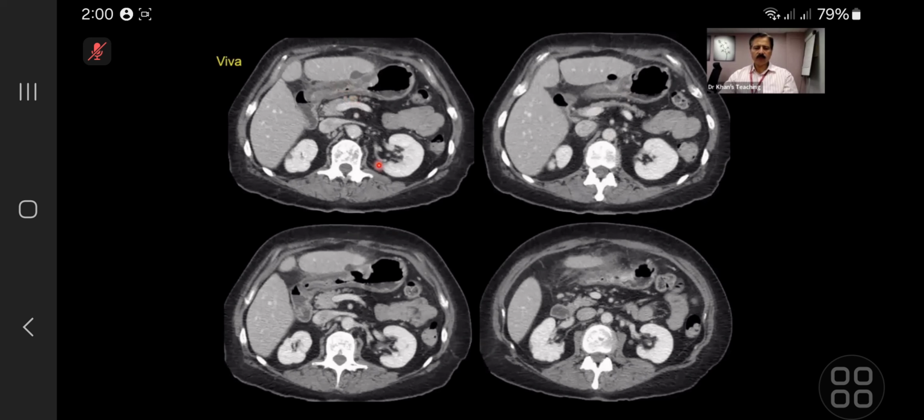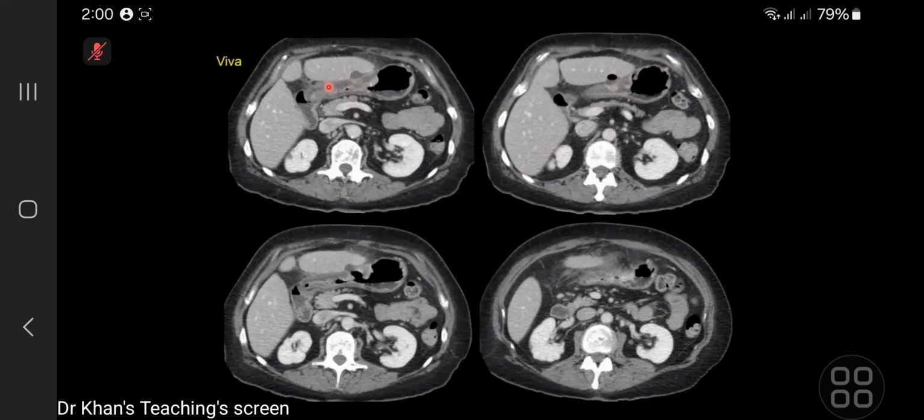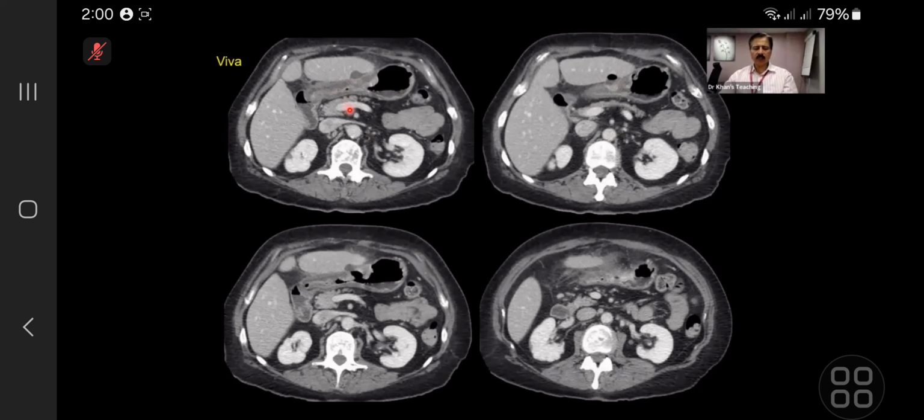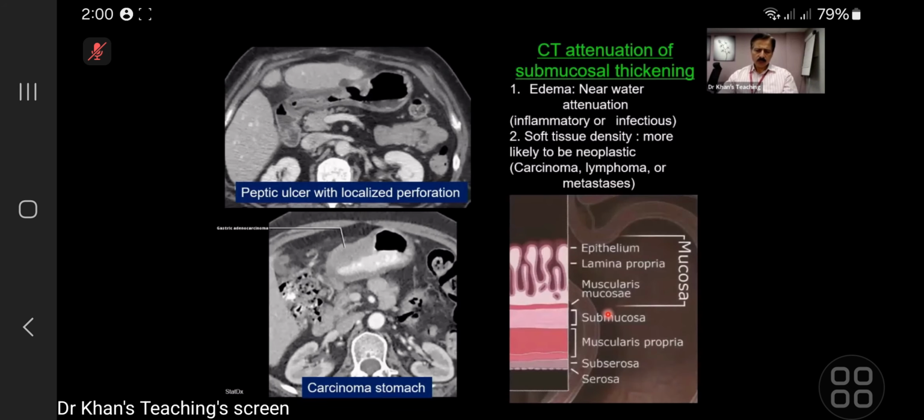I'm going to teach you something on this submucosa and its attenuation. Candidate 2, in your differential, you told me that this will be either a malignancy or an inflammatory process, right? And there is a perforation, fine. But let us take help of the attenuation of the thickening to further narrow the differential. Otherwise, your findings are absolutely fine. There is fat stranding, there is a locule. So, if you go back to your histology,